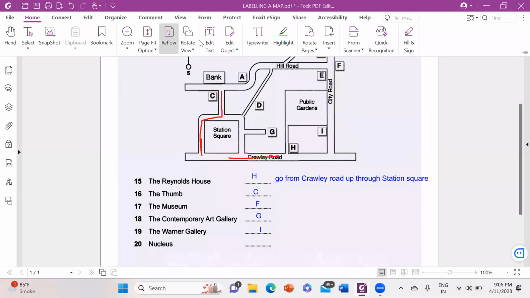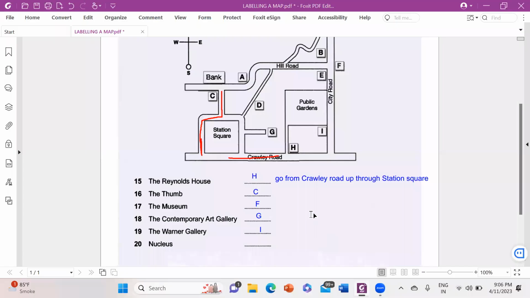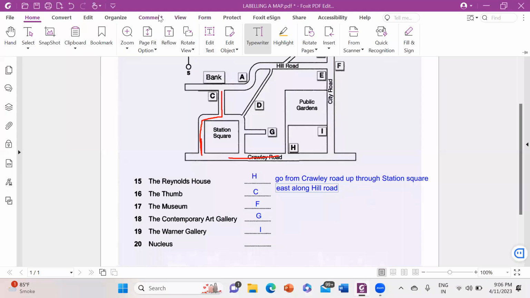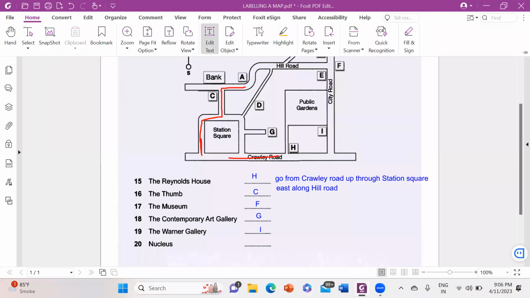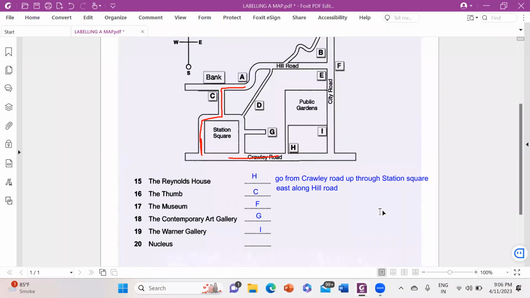And after that they said, east along Hill Road. East along Hill Road means east. Once you reach Hill Road, east along means go towards the east. Okay, then what did they say after that? East along Hill Road. Then they said,